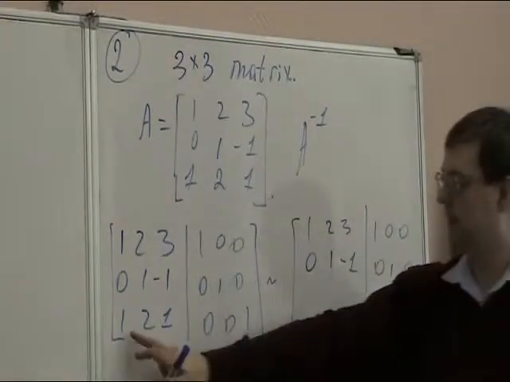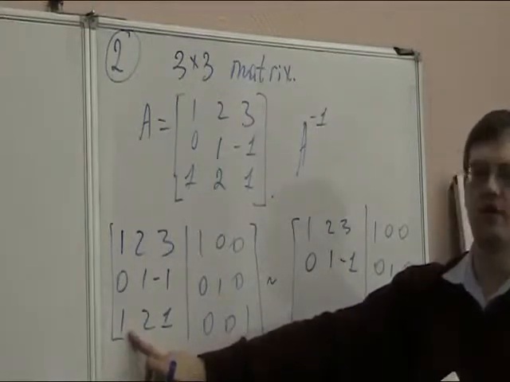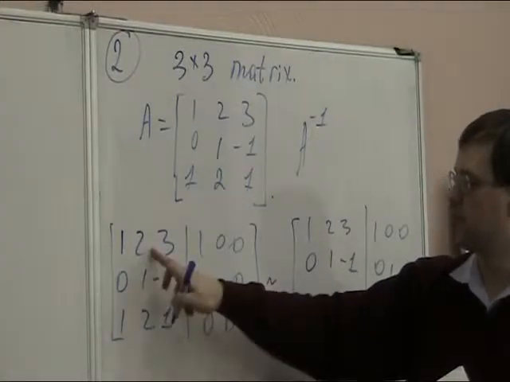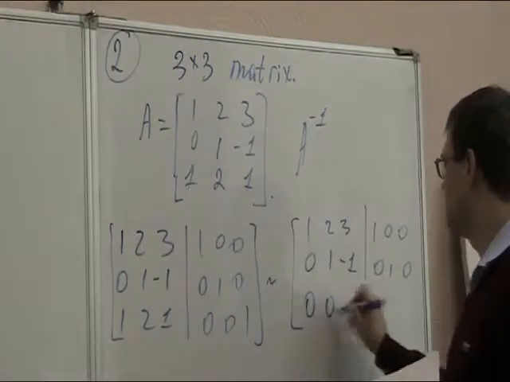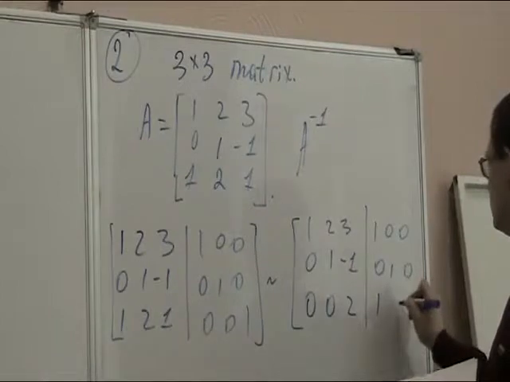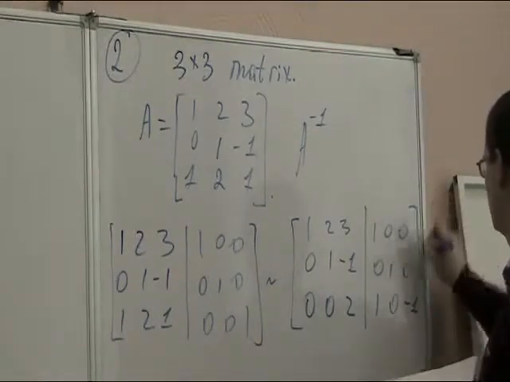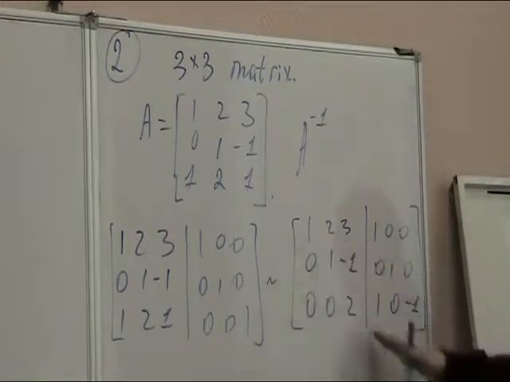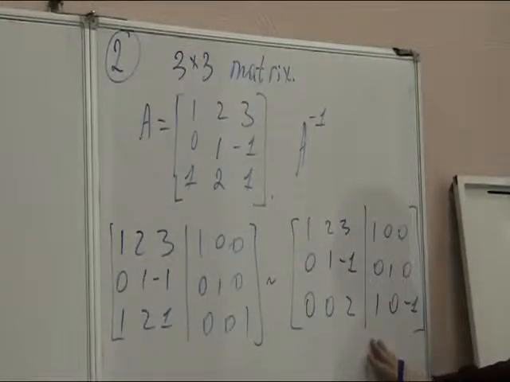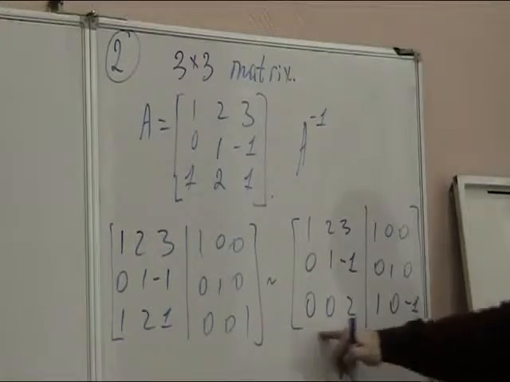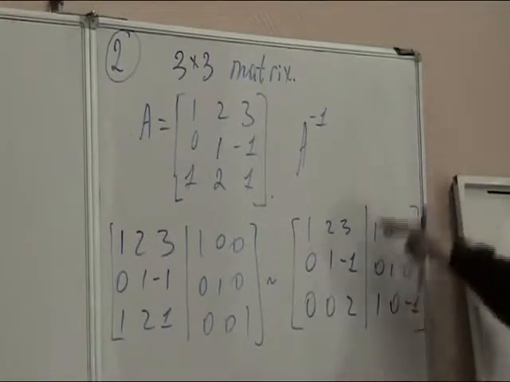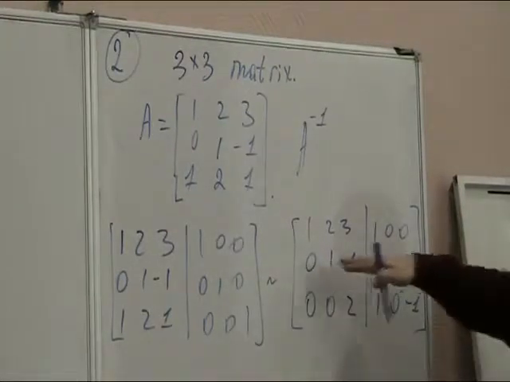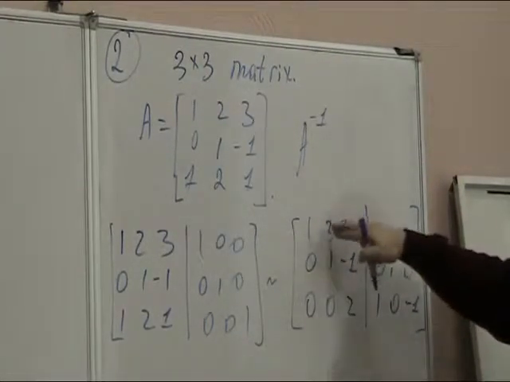And then we have to obtain the leading 0 in the last row, and the simplest way is to subtract the last row from the first: 0, 0, 2, 1, 0, minus 1. So we have got a very nice triangular matrix here, and then we again keep the second row the same, transform zeros over here. Then we keep the middle row the same, getting